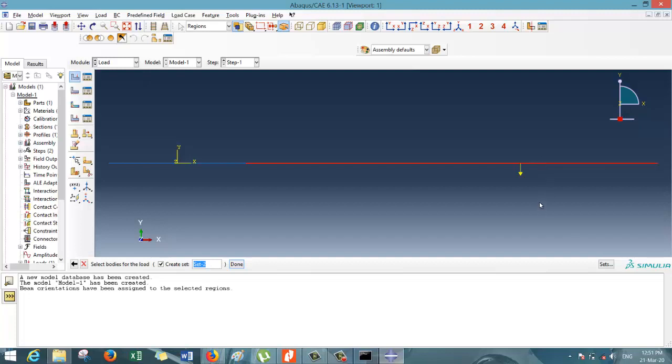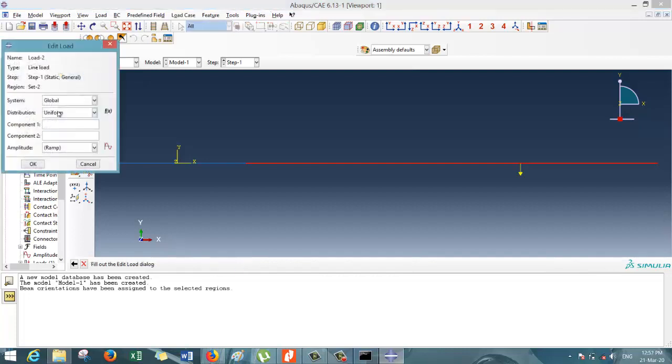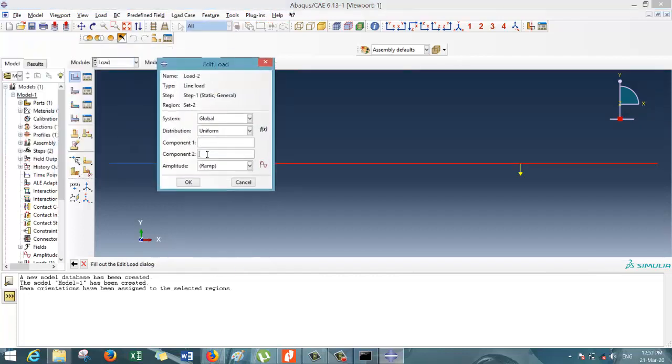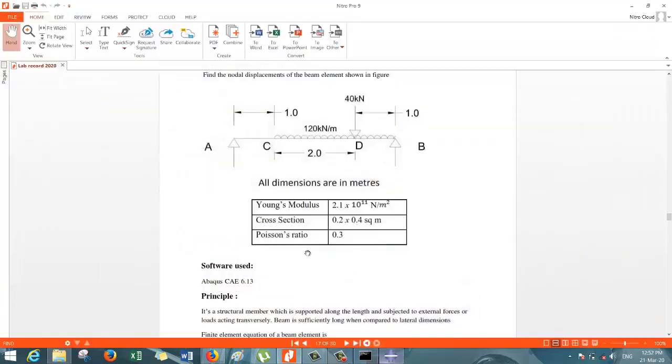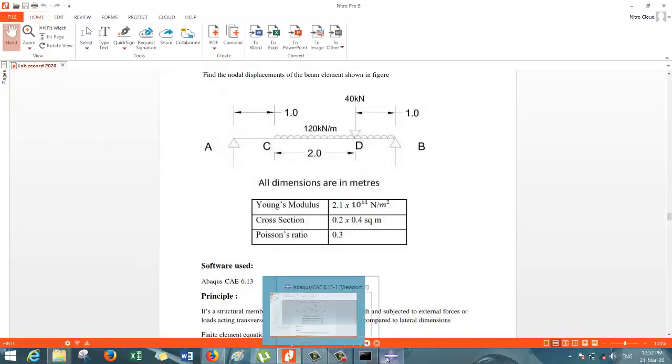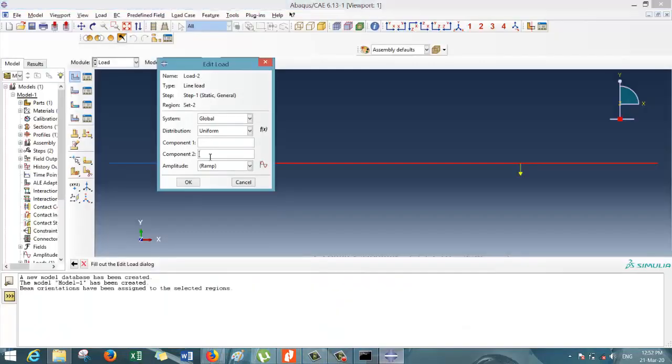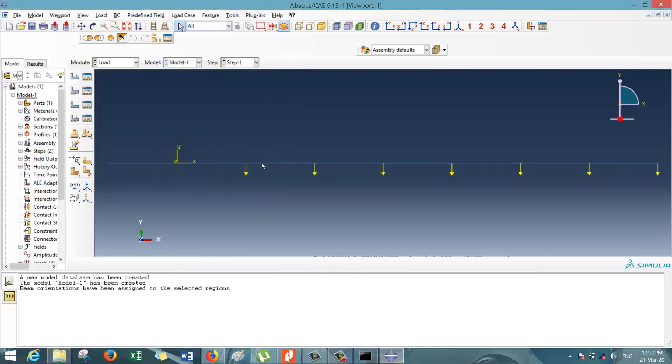Click on shift for multiple selection, then click on done. So what is the value? It is minus 120,000. Click on OK. Okay, so you have defined the uniformly distributed load.